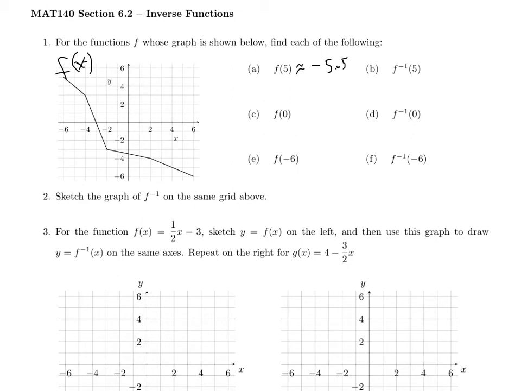The second question asks what's f of 0, and so again that means that x is 0, and I'm reading down here and seeing the y-coordinate, and it looks like the y is about negative 3.5. And f of negative 6 means I run to my x-coordinate negative 6 up to my y-coordinate. Oh, that's actually a whole number, finally. So f of negative 6 looks like it's about 5. All right,